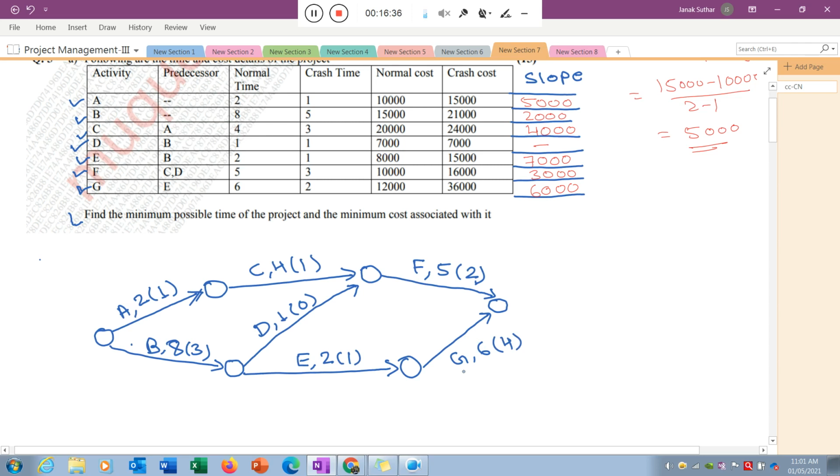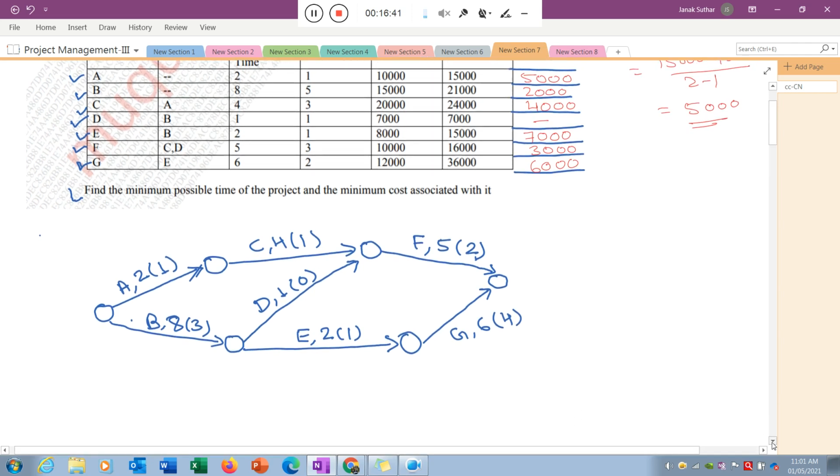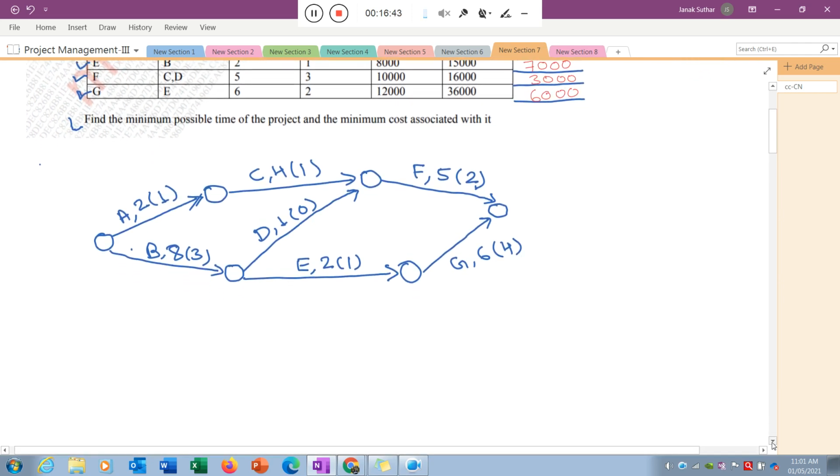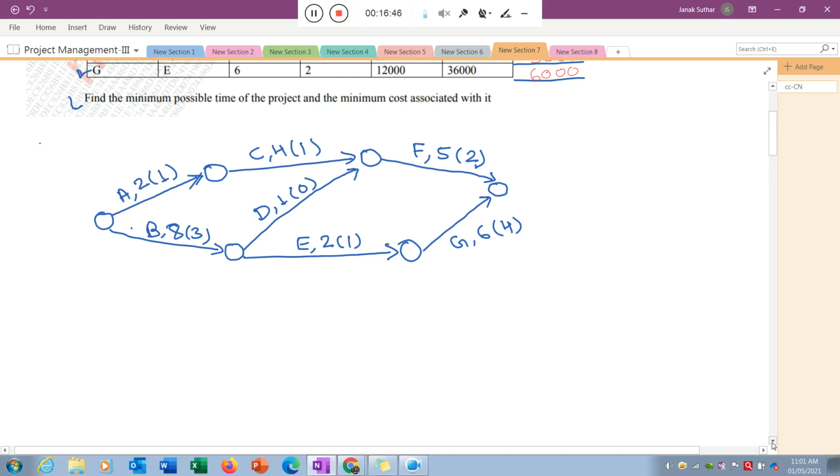Is there any doubt about how to make a network diagram? I think it is clear to everyone. The next point is that you need to identify the longest path available in this particular network diagram, as well as put the nomenclature of the nodes. So just randomly you can put here 1, 2, 3, 4, 5 and 6.